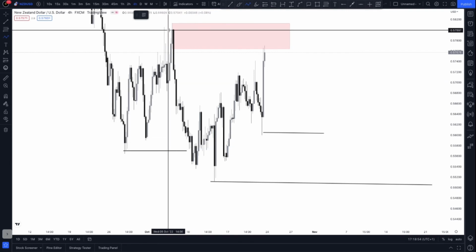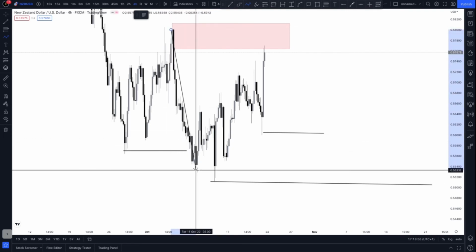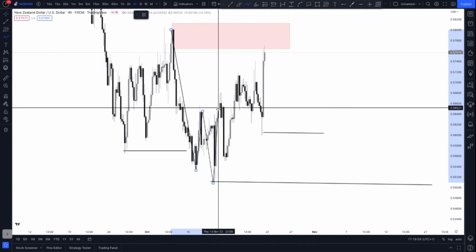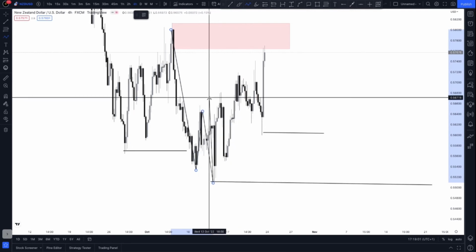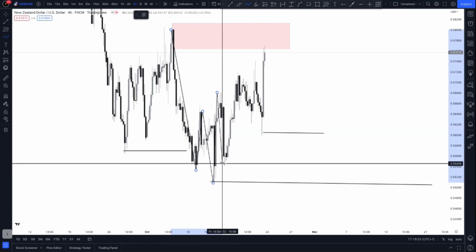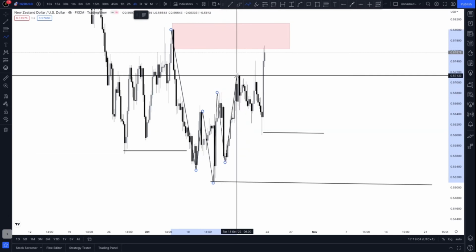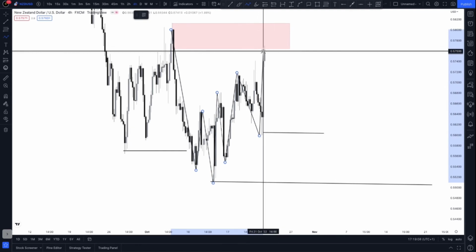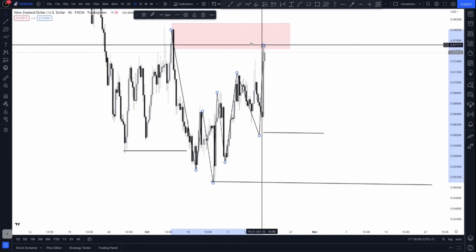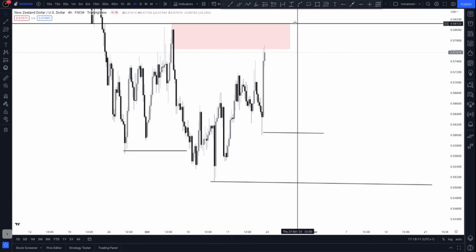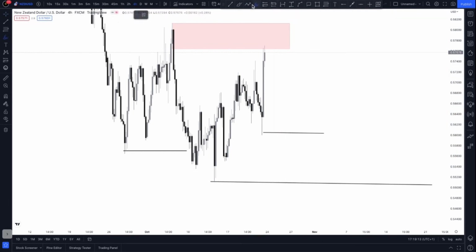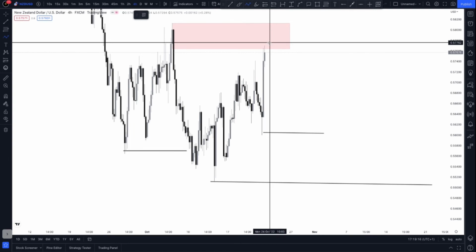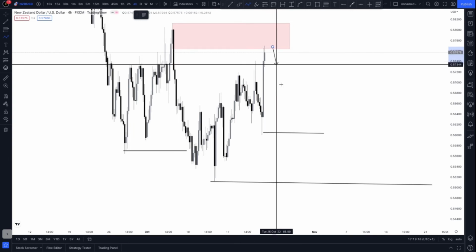Because you can also look at our chart here, we have had a change of character. The market was creating a series of lower lows and lower highs, and at some point the market took out this high and created a higher high, higher low, higher high, and currently the market created a higher low and is still pushing to the upside, getting a higher high at that point. Unless you see the market giving some sweet rejection at that level, then we are probably looking for a sell, taking out the structure,